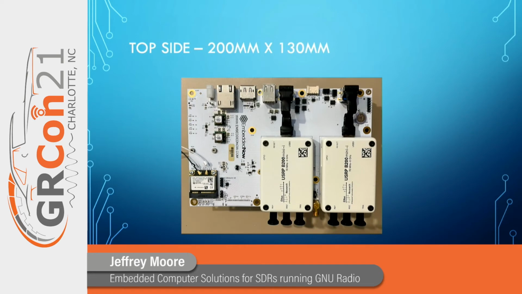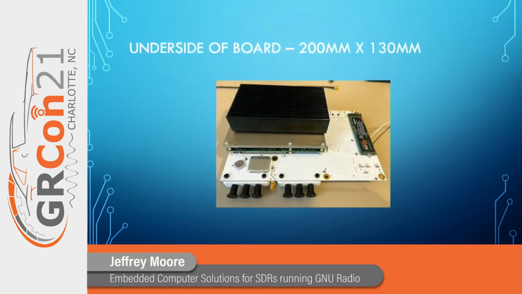This is another one of our boards that we did custom for one of our customers. This may look familiar to some of you. This has got 2 of the Ettus Research NI USRPs, the B200Is. This is an industrial version of it. The little board off to the left is a little Wi-Fi Bluetooth chip. And in this situation, they had to have this many radios, and they had to have it mounted on the board in this way in order to provide the physical integrity. You see on the underside of the same board, you see the SSD. We mounted that far away from the radios and on the opposite side on purpose for EMI reasons.